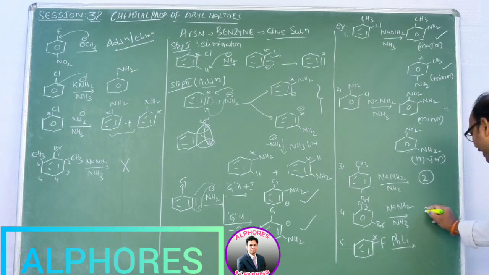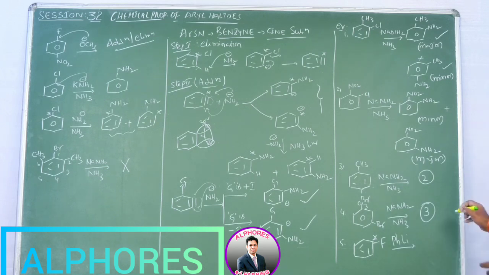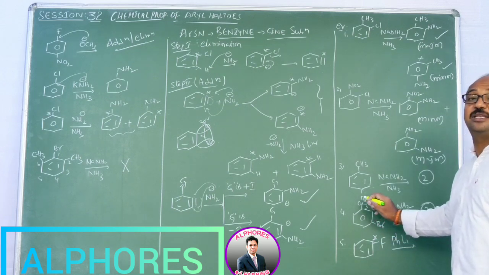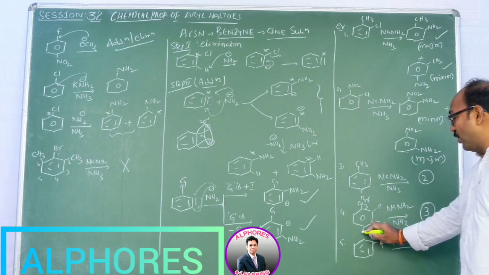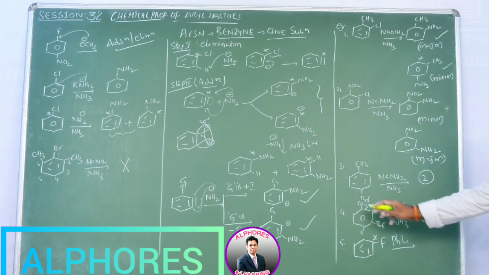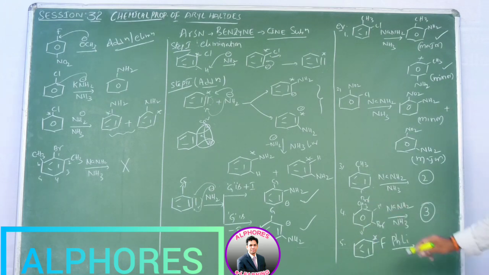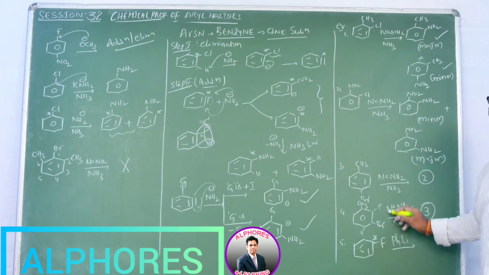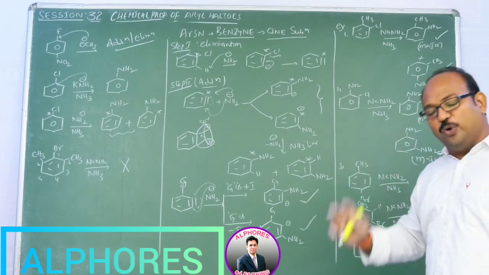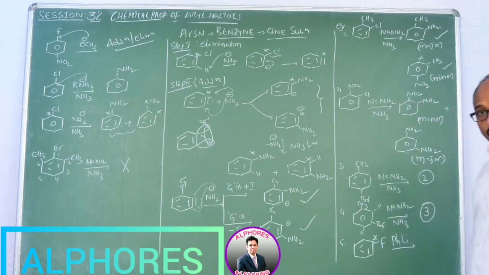with NaNH2, you are going to get three products. Find out those three products. Which one are you getting in major quantity? So here, CH3 and Br. It may abstract either this hydrogen or this hydrogen. Now with respect to this methyl, here benzyne formation takes place, and here benzyne formation takes place. There are two possibilities for benzyne formation. From those two intermediates, ultimately you are getting four products. From each intermediate, you are getting two products. Out of the four, one product is common. That's why the total number of products here is 3.